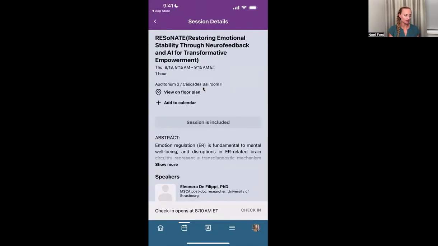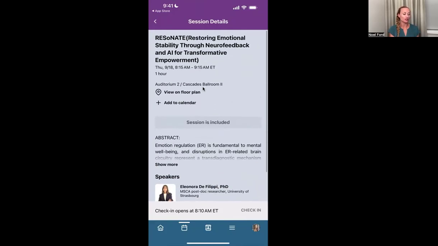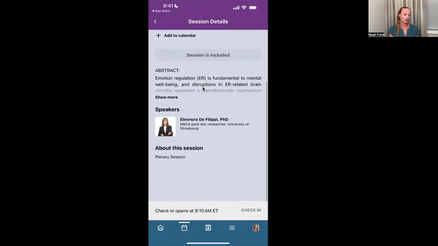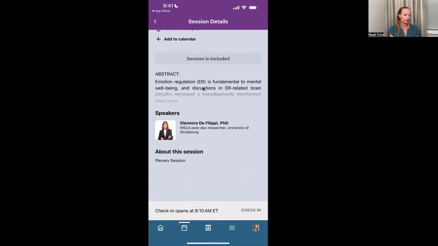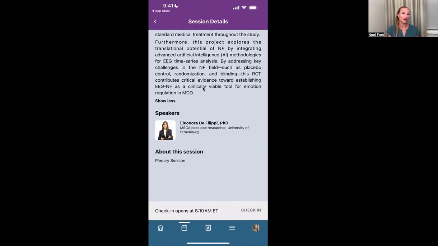But if we go in here to our second session, down at the bottom, once you click into this session, you'll see the title of the talk. You'll see who the speaker is. You'll see the abstract. If you click more, you can read the whole abstract. And then you'll notice on the bottom right here, it's grayed out now, but there is a check-in. There's the words check-in. Once the session is actually happening, 5 minutes before the session is happening, you will be able to enter the code that is shown on the screen in the room or on the Zoom